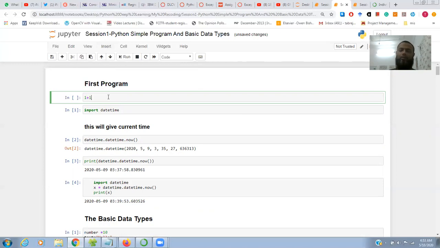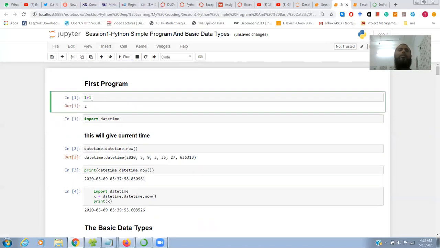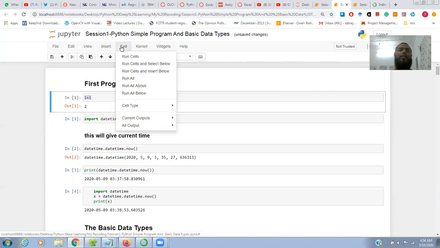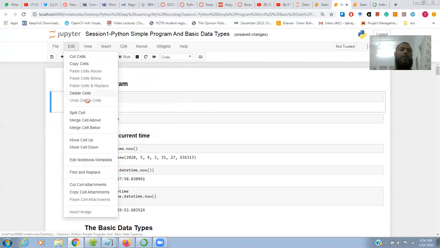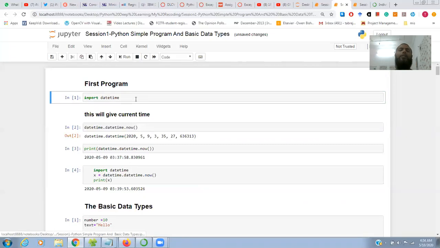It will give the output. Just select the cell and run. If you want to delete that cell, you can select it, go to edit, and delete the cell.